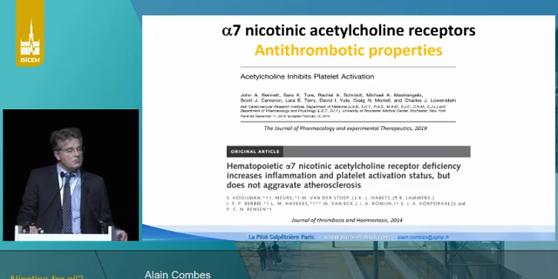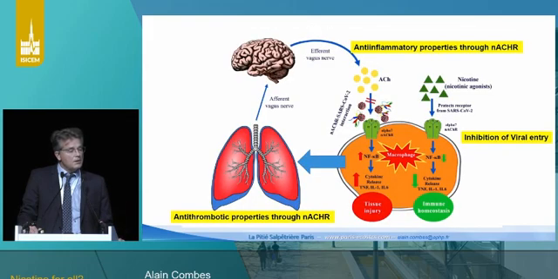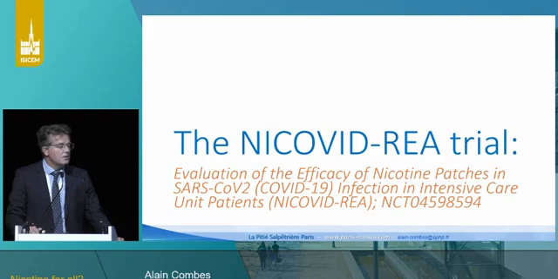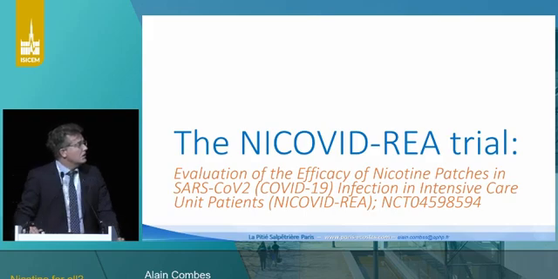So there is a rationale also for an antithrombotic property of these drugs. So this is a summary of what might be the rationale for using these nicotinic drugs and pathways in patients with COVID-19. So this was the rationale for setting up the Nicovidria trial, which evaluated the efficacy of nicotine patches in